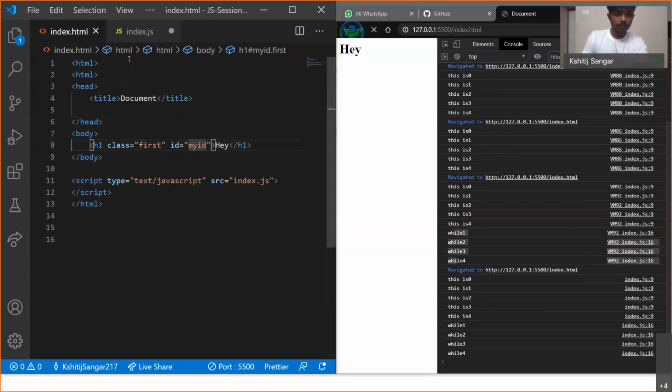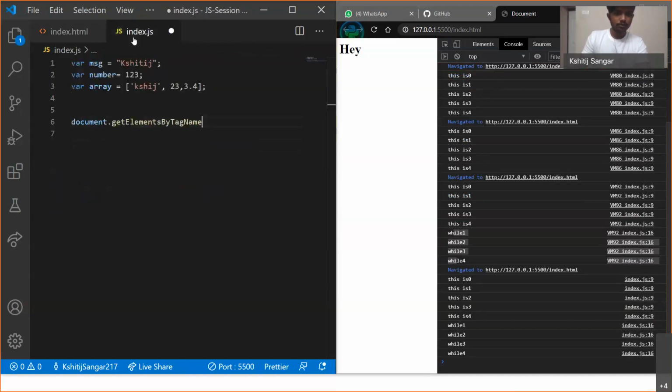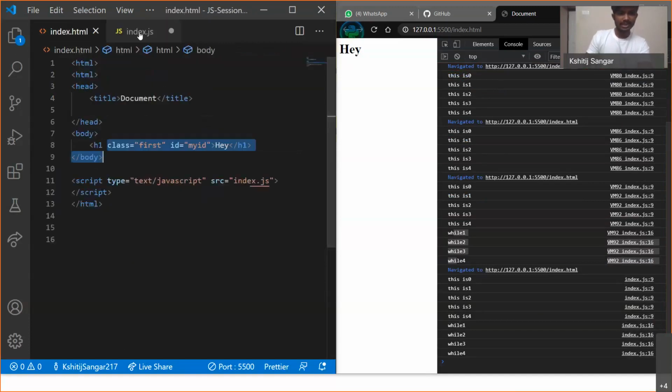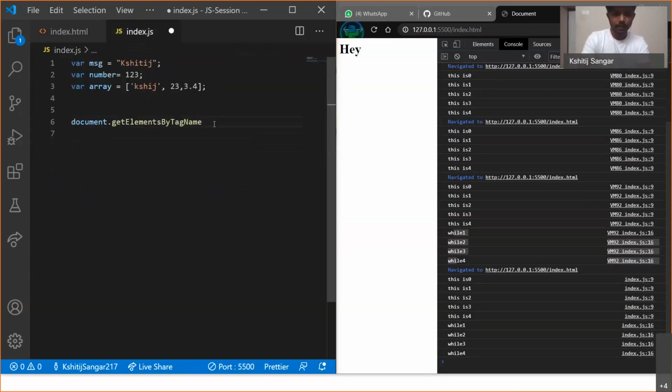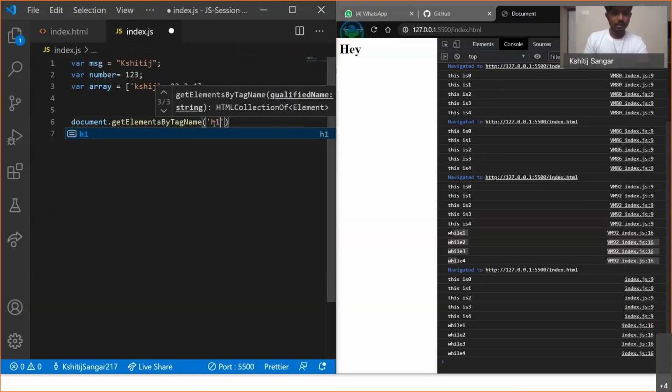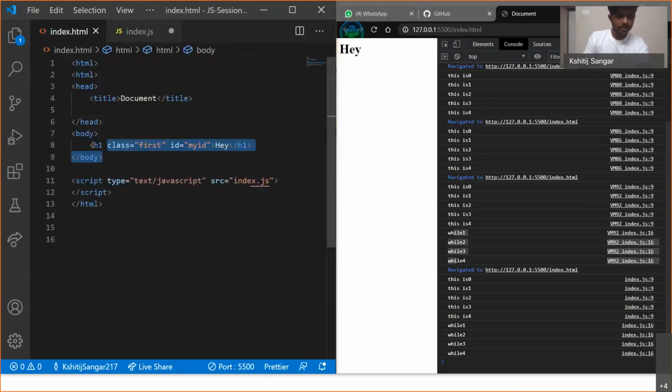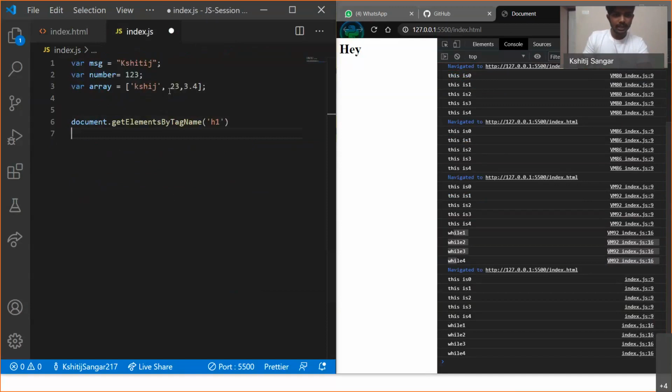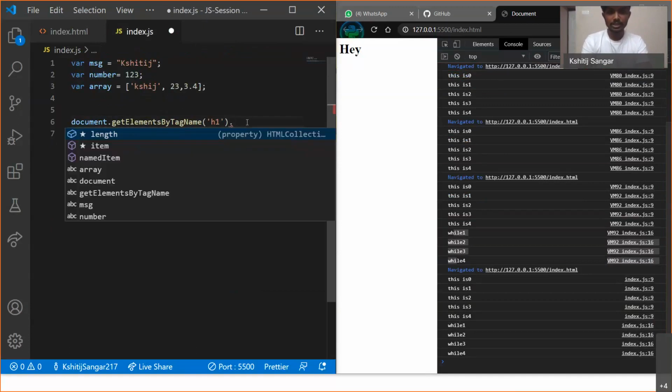If you want to get access to these things, you pass get element by ID, and if you want to get access to tags, you pass get element by tag name, and we just pass the tag we want to access. In this case, what we have on this page is just an h1 tag. So we'll get access to this h1 tag, and what we have to do is change the inner HTML.